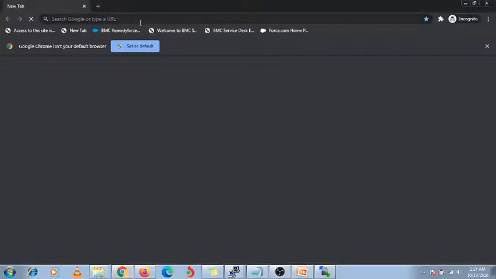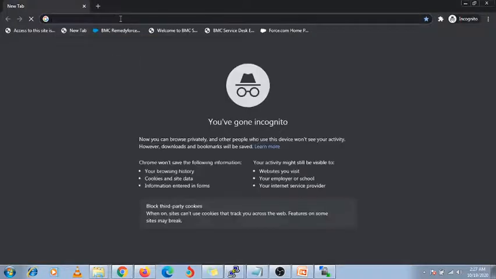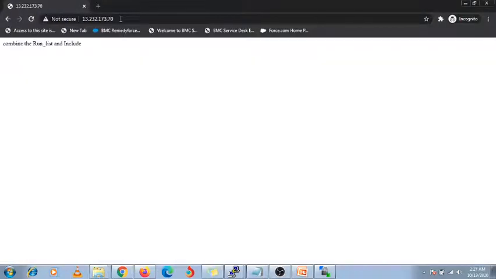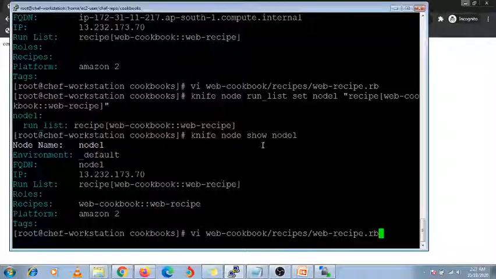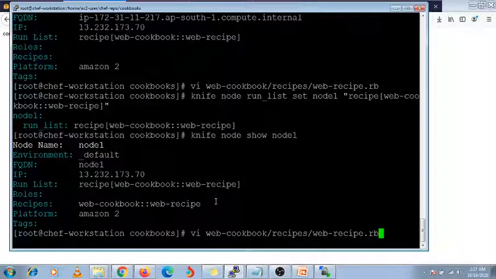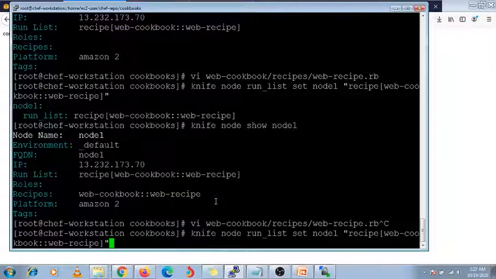Yeah, it's open here. Enter the public IP address, check it. The same page is opened. Okay, no issue. I think something is wrong here.